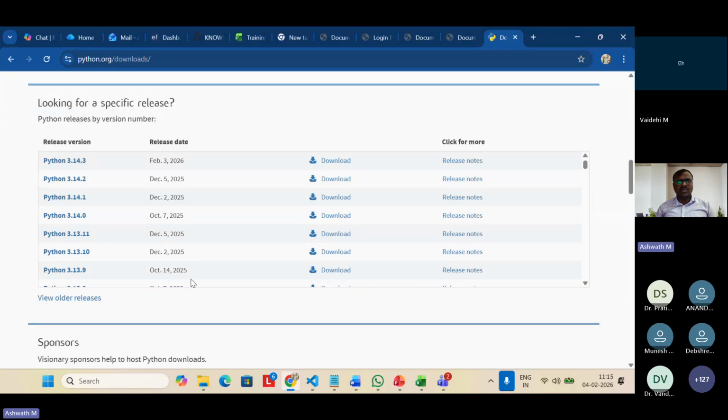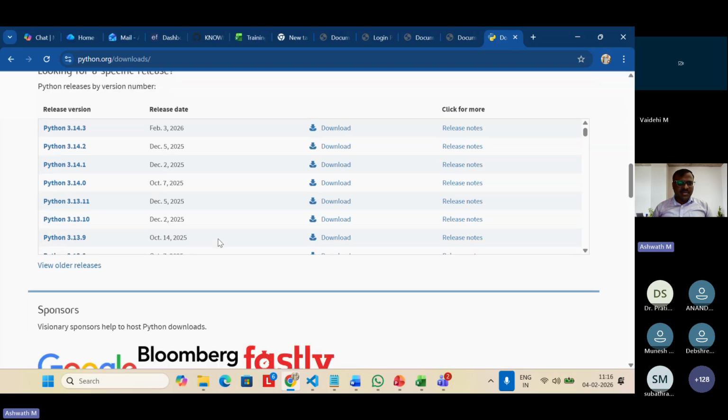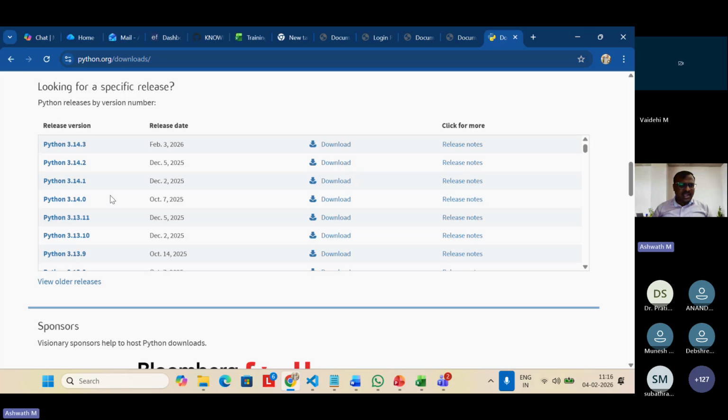we should not download the latest version because it will be under some beta releases and upgradation. It may not support all the features properly. So I recommend we go for the earlier versions. LTS, we call it long-term support, right? Instead of 3.14, which is the latest right now,